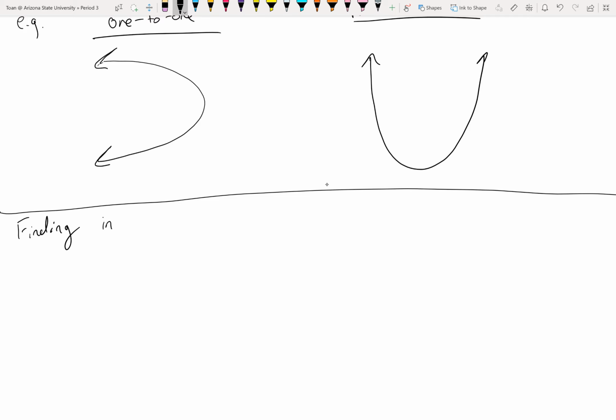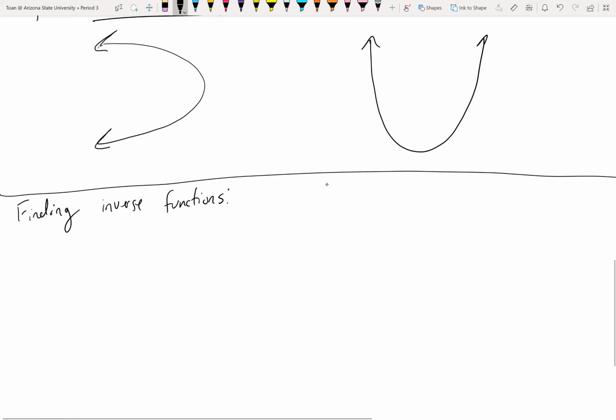Finding inverse functions. Right. And the technique is based upon that big idea at the beginning. An inverse function will just swap the x and y's. So that's what you literally do. Instead of focusing on the y's, we're going to focus on the x. We are going to solve for x, swap the x and y's,